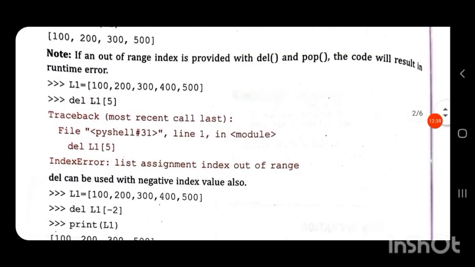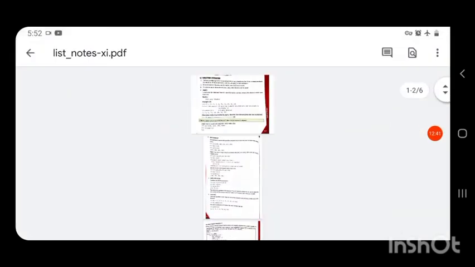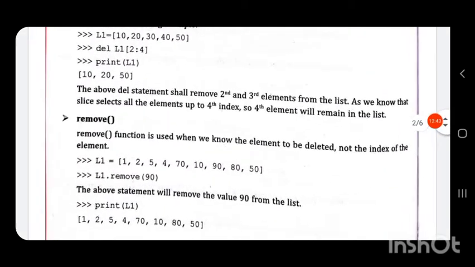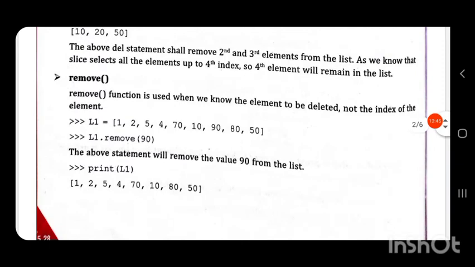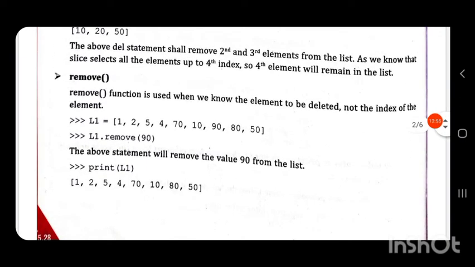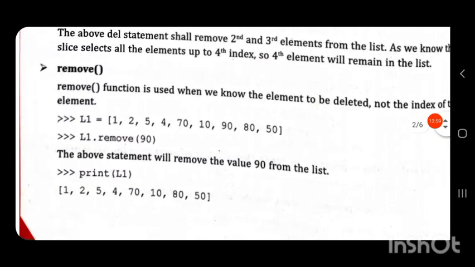In del and pop the argument given is the index, but in the case of remove we don't know the index position, we know only the element. So the argument given is the element.